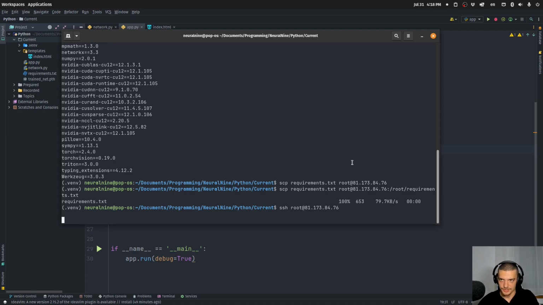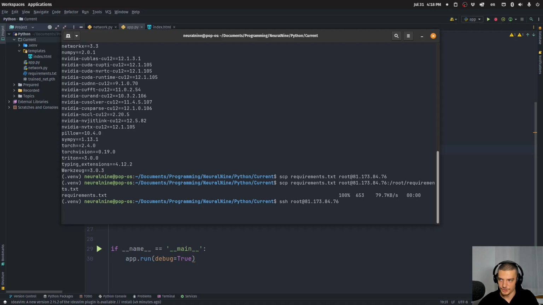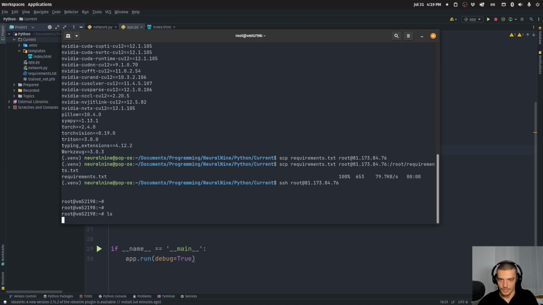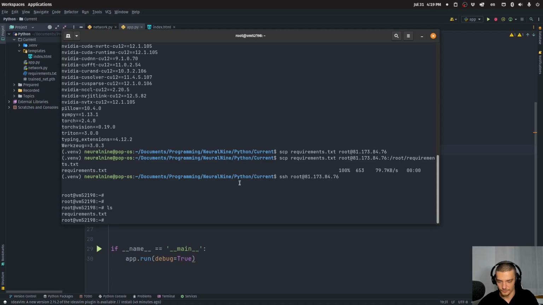So maybe this is just some server issue right now, but you should be able to connect to your server. There you go, I'm inside of it. And here now I have my requirements.txt file. Now it seems like my server is a little bit laggy, which is unfortunate, but it shouldn't be that much of a problem. Here now what I'm going to do is I'm going to say